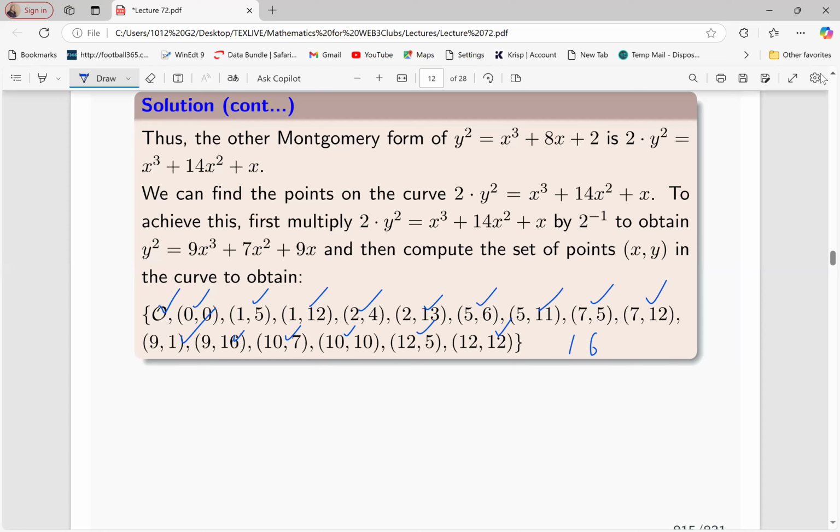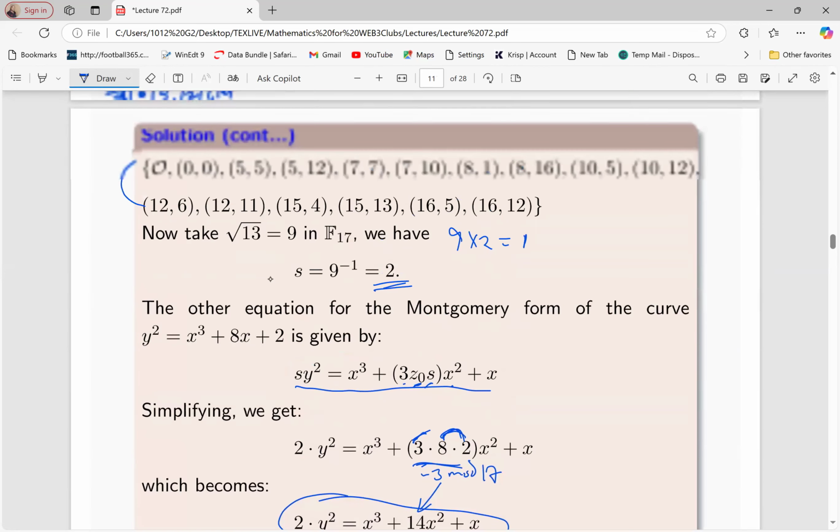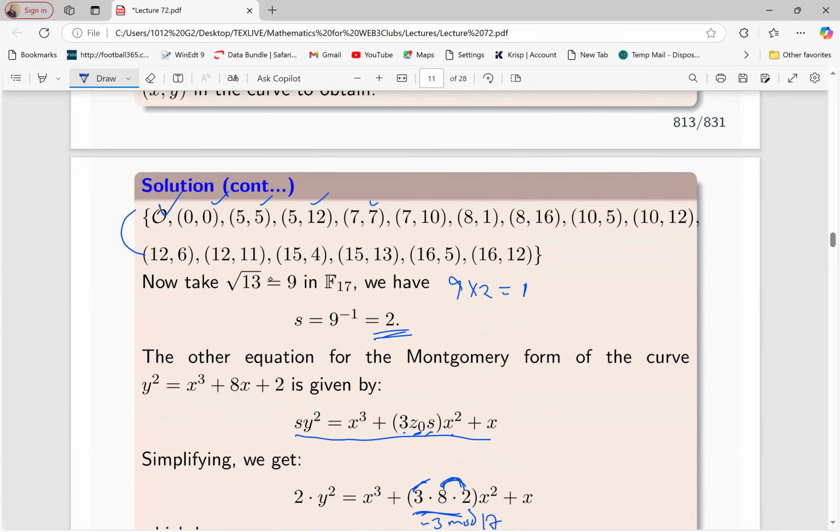And remember the curve we had, okay, let's count this. 1, 2, 3, 4, 5, 6, 7, 8, 9, 10, 11, 12, 13, 14, 15, 16 also. So the number of points will be the same as the number of points of the Weierstrass. The Weierstrass had 16 points. This one will have 16 points. If the Weierstrass had 20,